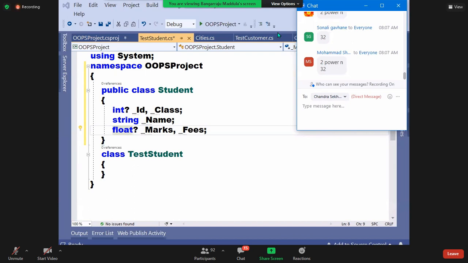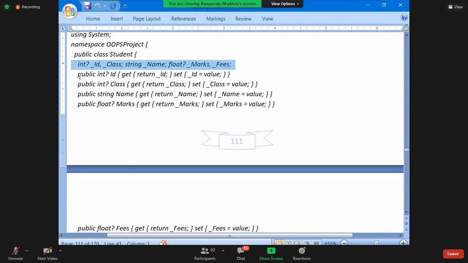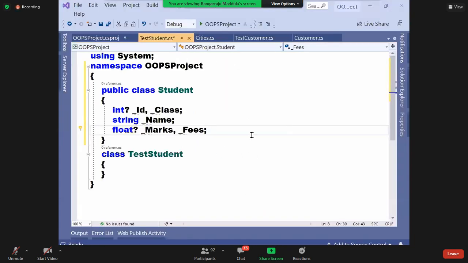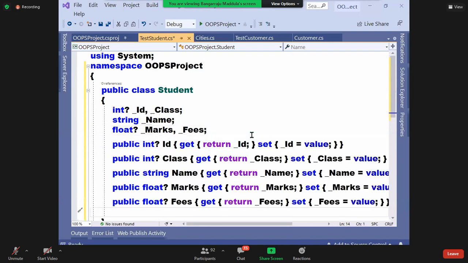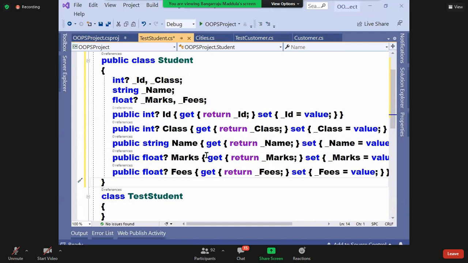So you can overcome that problem with properties. Without writing 32 constructors, a simple thing you can do is define 5 properties. I defined 5 properties in the code now.